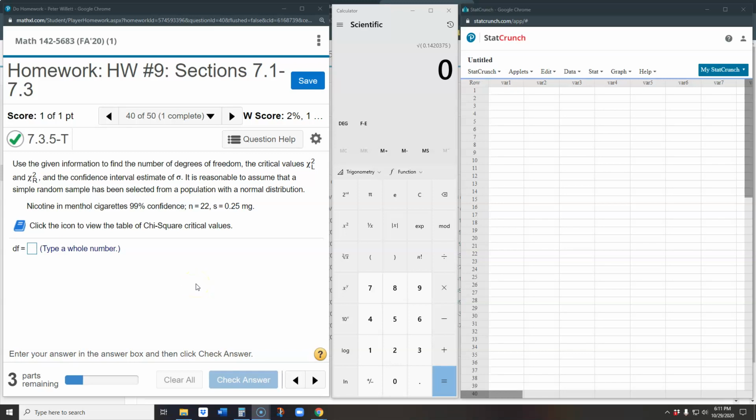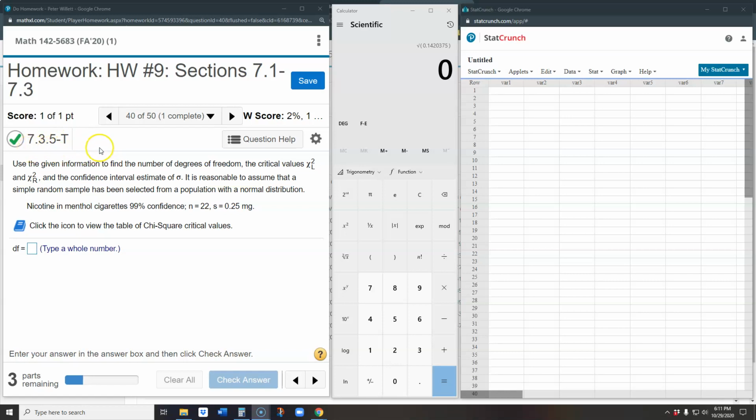Hey there, students. I wanted to do a problem illustrating how to find a confidence interval for standard deviation. So I have chosen number 40 on the homework set on 7.1 through 7.3, and finding standard deviations distribution issues